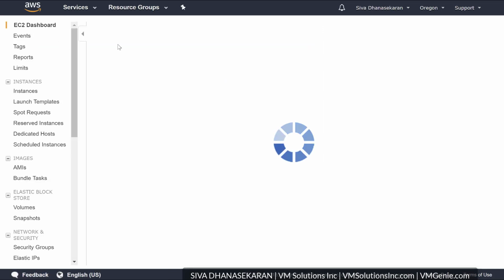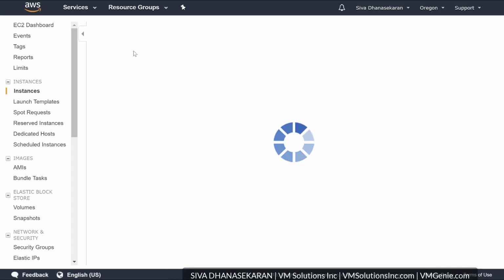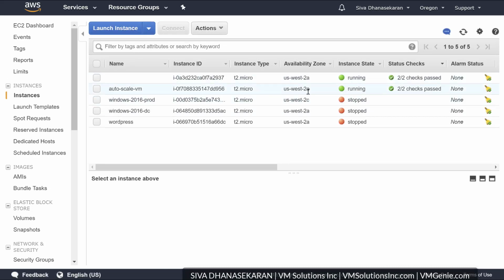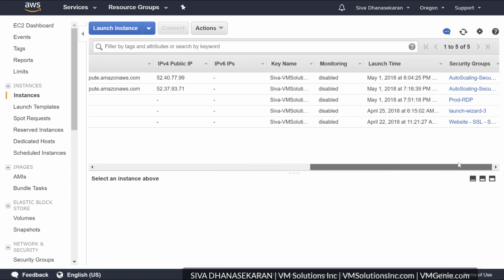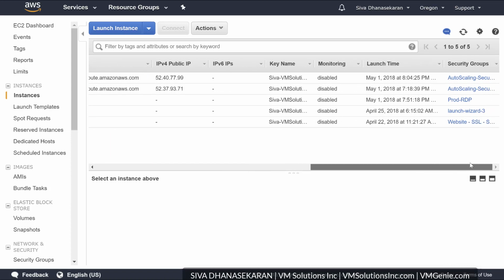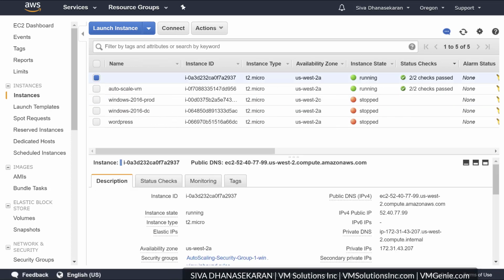I'm going to the EC2 dashboard. I do have these instances. I have two autoscale VMs in the Siva VPC. I will name it autoscale VM2.